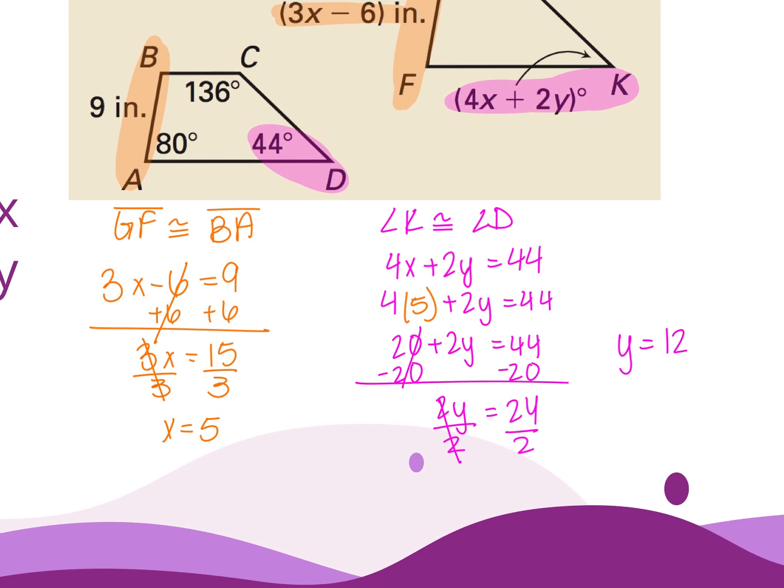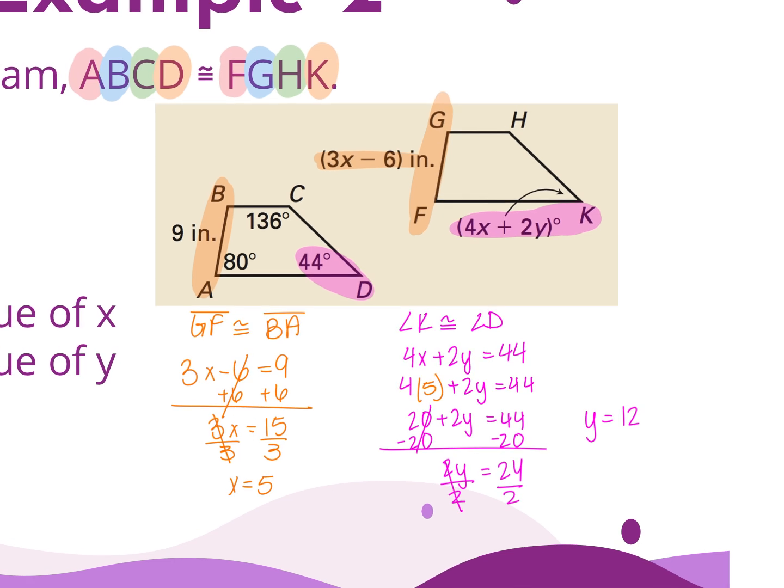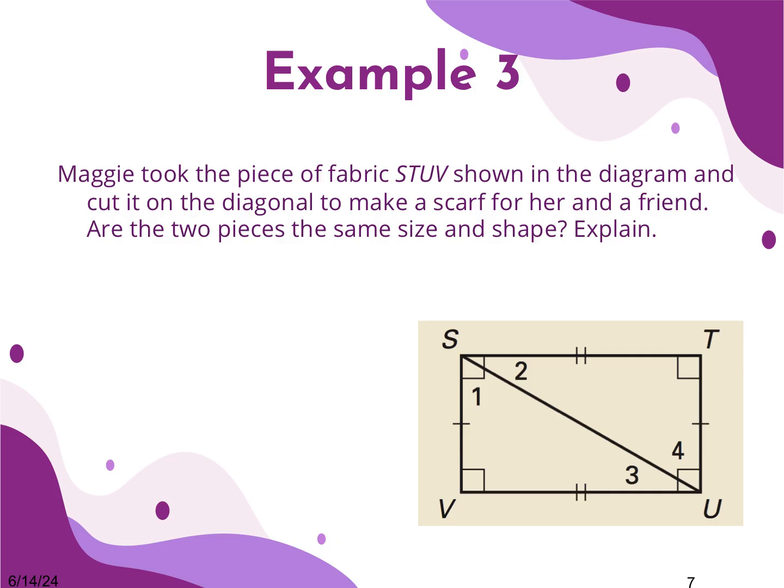So if you solved correctly and you found what was congruent, that one should hopefully have been pretty easy. But just understand when you're looking at the diagram, you have to solve for one variable first and then plug in. All right, example number 3, it says Maggie took the pieces of fabric STUV shown in the diagram and cut it